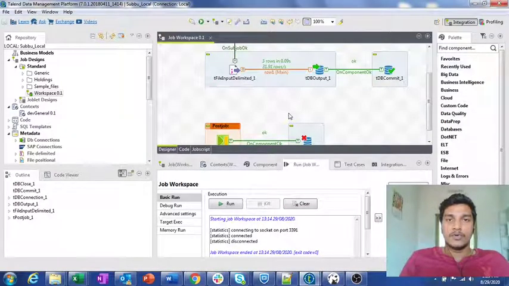So these are the two more components related to the database in Talend. Those are tPostjob and tDBClose to close the connection, and tDBConnection is for opening the connection, tDBCommit is for committing, and tDBInput and tDBOutput are for getting data from the database and putting data into the database. So these are the components, and there are many more components in the database.